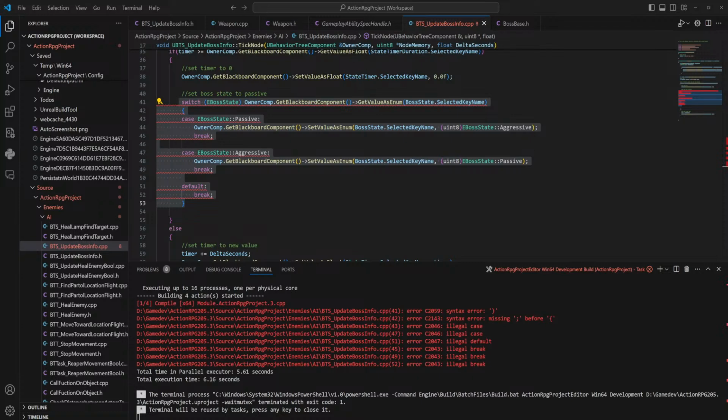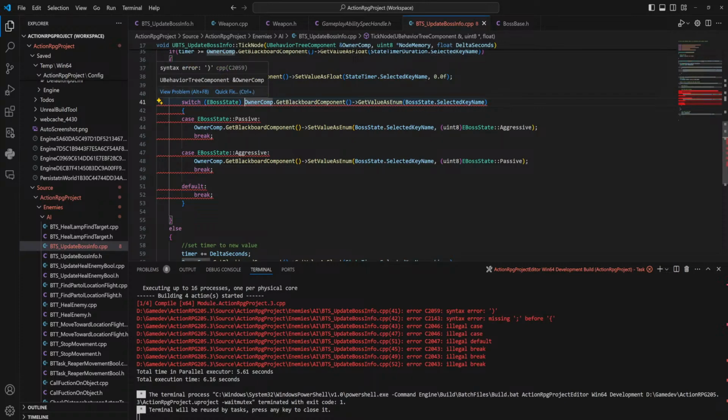Oh, no, ChatGPT, I pressed enter too quickly. I'm just asking it what's wrong with this switch statement, because I'm feeling like I might need to add in some extra, like do this.